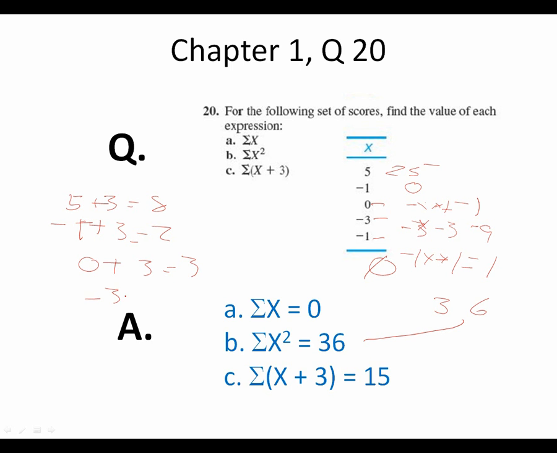Minus 3 plus 3 equals 0. They cancel each other out. Minus 1 plus 3 equals 2. I add those together, and I come up with a grand total of 15, which is